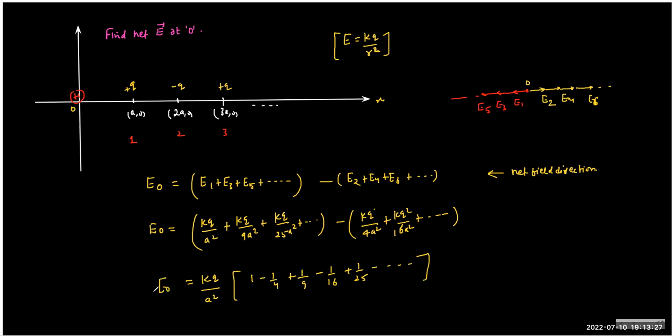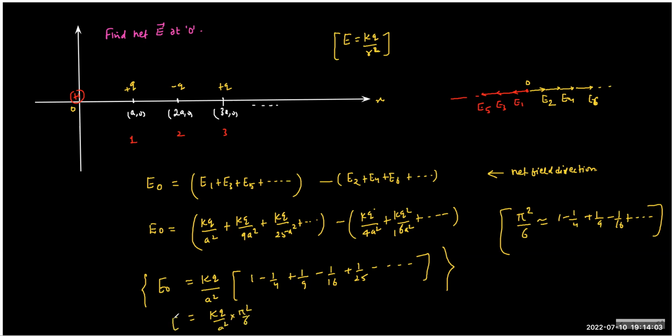So now we have this relation. And of course, this is neither a GP nor an AGP, so of course you do not know the answer. Don't worry. This series is basically called the Bessel function, and its value is this much. So you can just remember that this is equal to this value, and this is the answer.